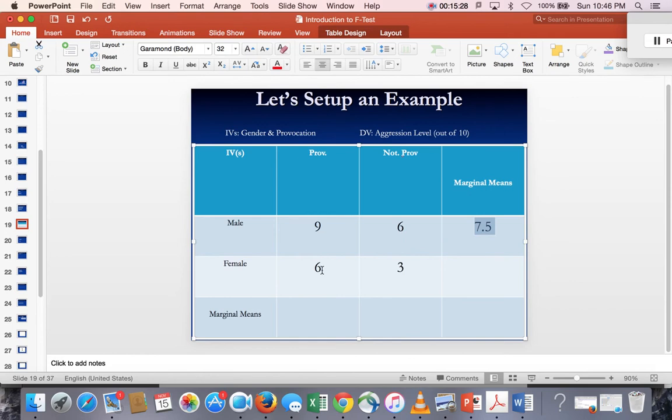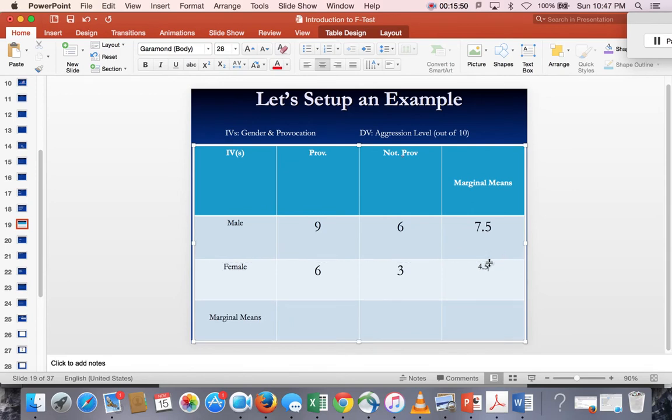variable. Now we need to do the same for women, because again, this number of a 6 does not represent all women. This number of a 3 does not represent all women who participated, but rather both of them together do. So if we add them up, 9 divided by 2 is now going to give me an average of a 4.5. Okay, so that's my average of a 4.5. So I'll just make this number just a little bit larger. There we go. So now what I want to do is I want to look at the main effect of